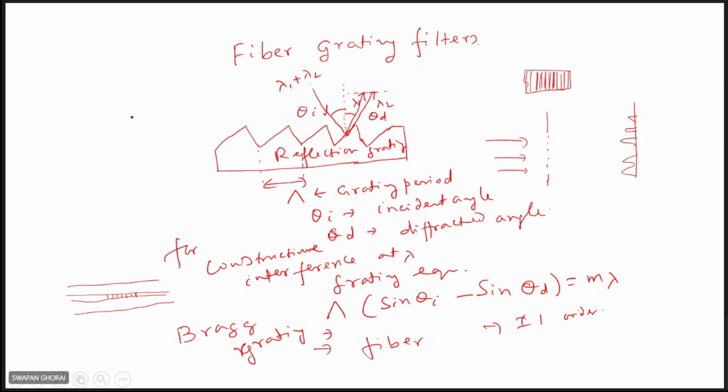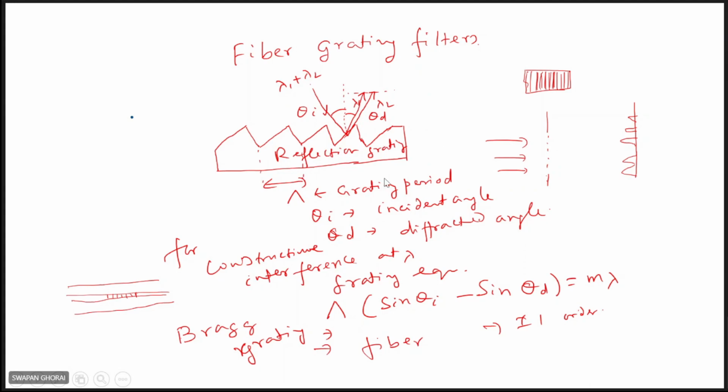So last time, we discussed fiber Bragg gratings. I'm audible, na? Yes, sir. So fiber Bragg gratings, we have seen it. Once again, have a quick review. It's the most important component in modern day optical communication systems, I mean optical networks. There are a lot of applications. Mostly it is used for add-drop multiplexing.